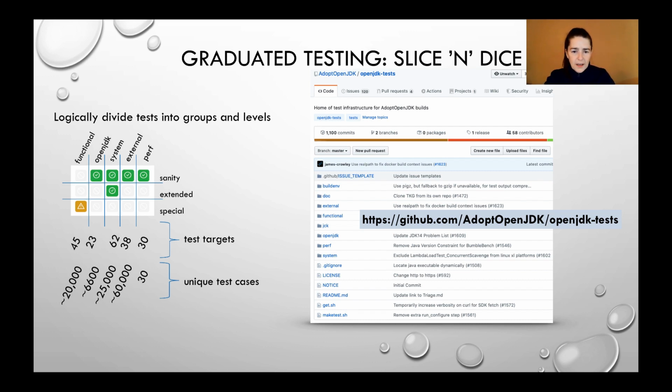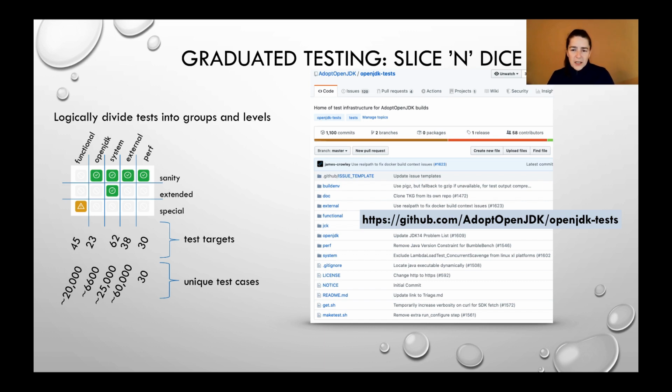I want to be able to say there are different levels of testing. The sanity level is there to find and root out most issues. That's focusing on areas of the JVM that change most often, and also that set of tests that run very quickly. The extended set is a bit meatier. It doesn't run as quickly. It might broaden what is being tested so that things that aren't changing quite as often are also included in that.